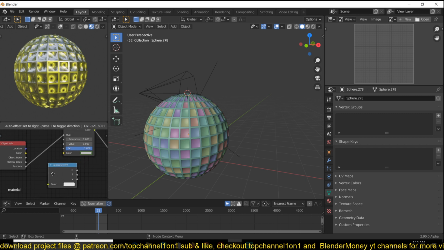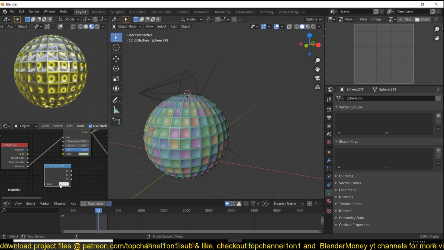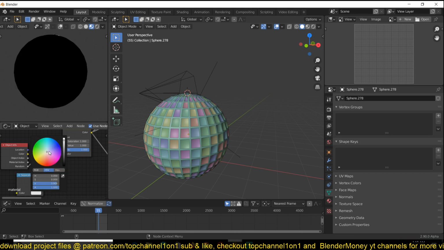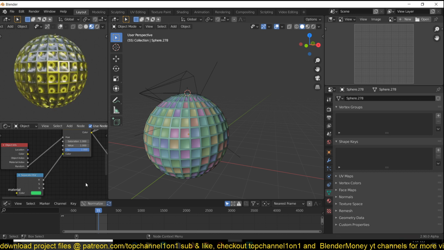Yeah, I think if we animated this instead, so what we need is the hue to change. So I can just give this that kind of color.